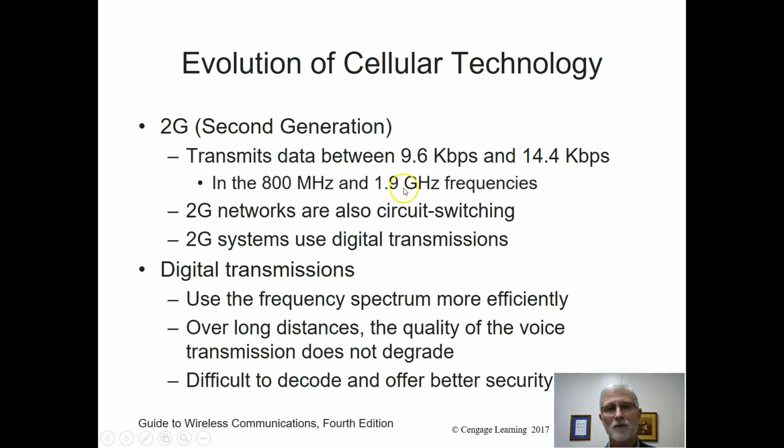Second generation came through and said, now I'm going to increase my data rates. Because people said, hey, I can talk, but I want to start sending data, and how many of you like to have slow response time on accessing the internet? The answer, none of us do. So now I started saying, I'm still going to try to increase the frequencies. So now I've got 800 megahertz to the 1.9 gigahertz range. So now I'm getting into that higher frequency range that the government auctioned off and people spent billions of dollars on. But they used digital. They were still circuit switching.